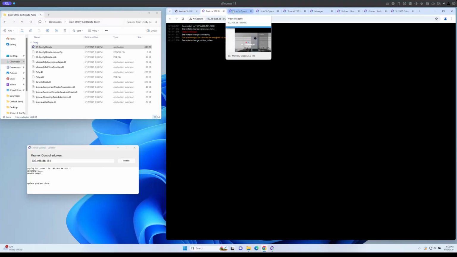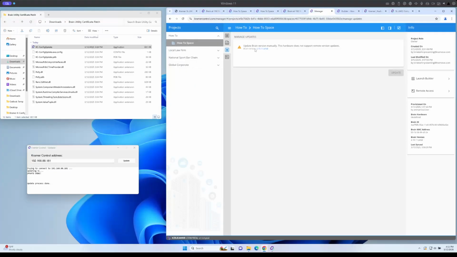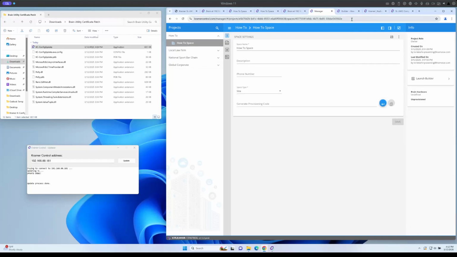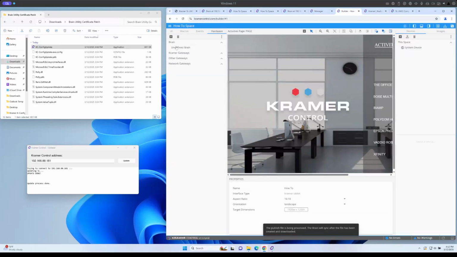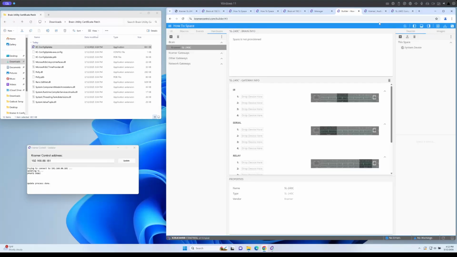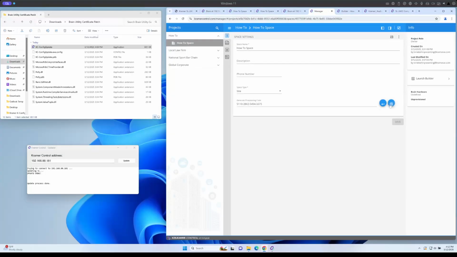Now, the next step is required if you want to update the brain itself. If we go to the manager, we'll notice that it says that the brain needs to be manually updated. The reason for that is in my haste to get these done today, I neglected to follow the cardinal rule of ensuring that we define the brain type. So I'll just define this as an SL-240C, one down, create, publish that, go back to the manager, grab a new provisioning code, copy it,